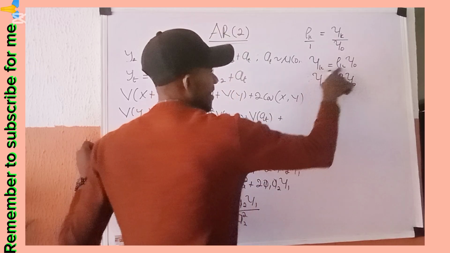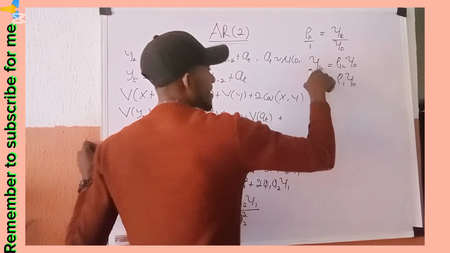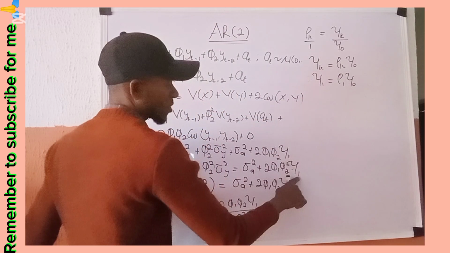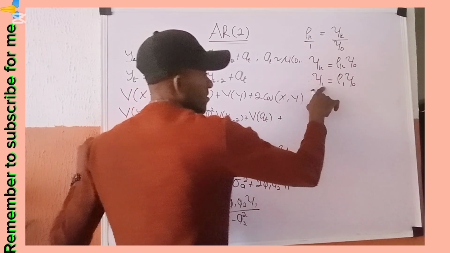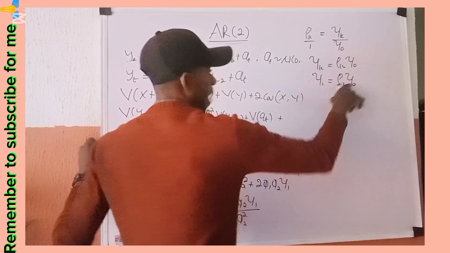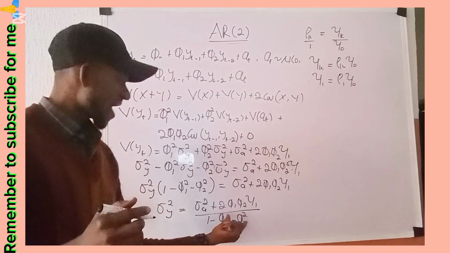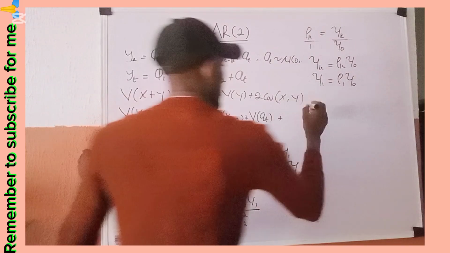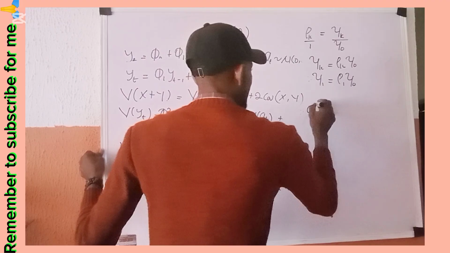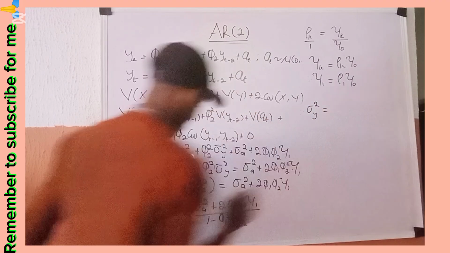That is, when k becomes 1, we have that gamma 1 is equal to rho 1 gamma 0. So I can easily claim that my sigma squared of y is given as,